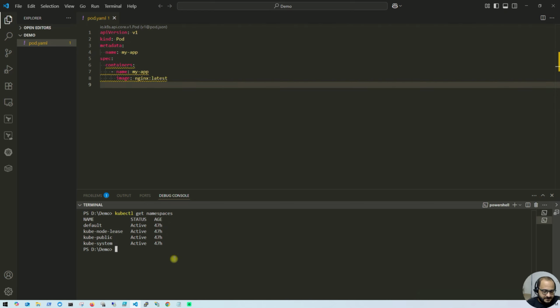Now let me clear it and run this command: kubectl apply -f and our file name which is pod.yml. So it has created a single pod. To verify, kubectl get pod,